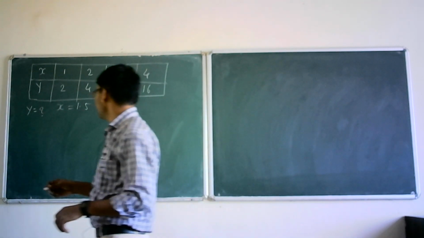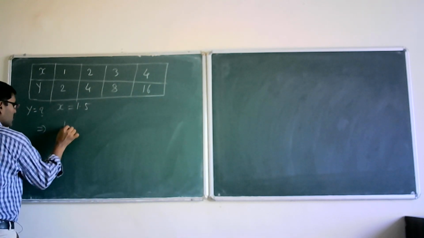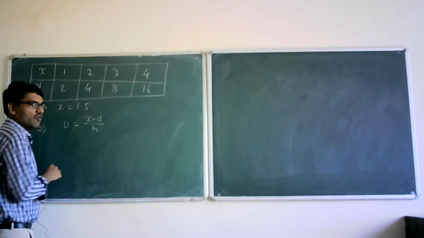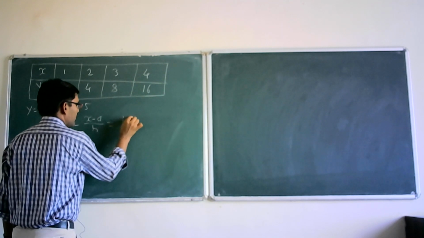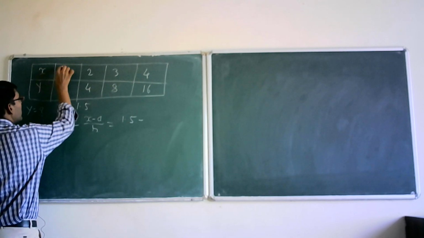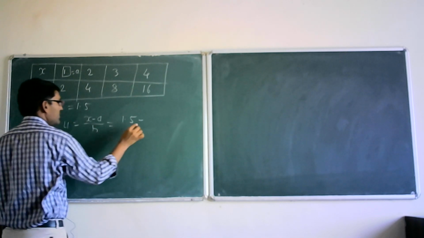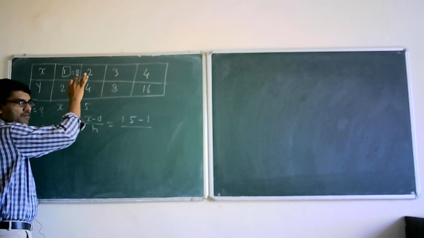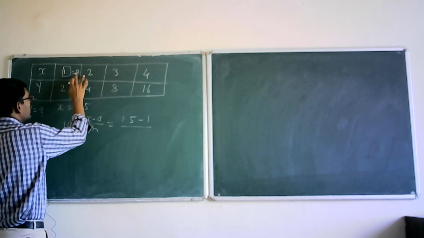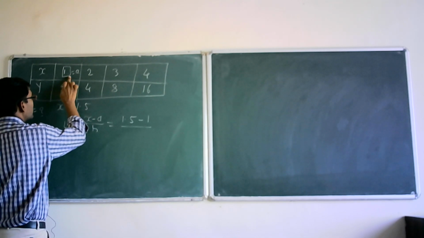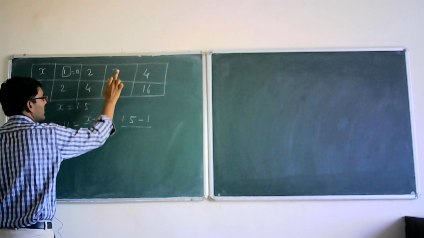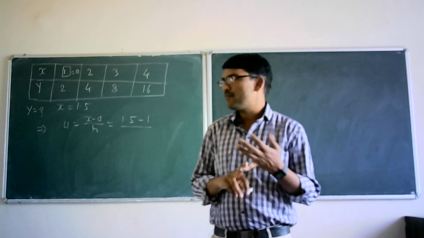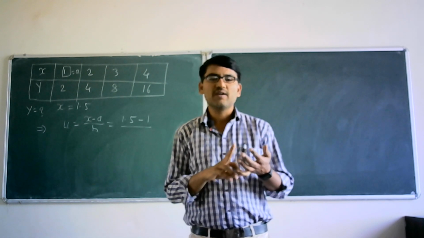For that, what is our first step? U is equal to (x minus a) divided by h. Now what is x here? X is 1.5. What is a? A is the first value, 1. Then what is h? H is the difference of x values, that is, the difference between two successive values: 2 minus 1 is 1, 3 minus 2 is 1, 4 minus 3 is 1. And do remember one thing, you can apply the forward interpolation formula and backward interpolation formula only if your values of x